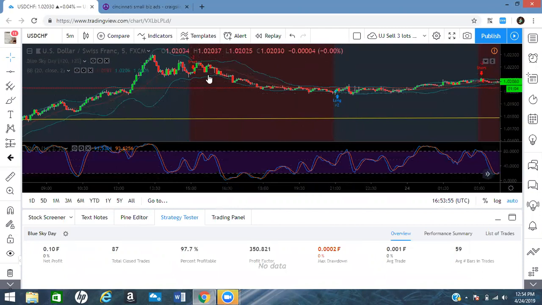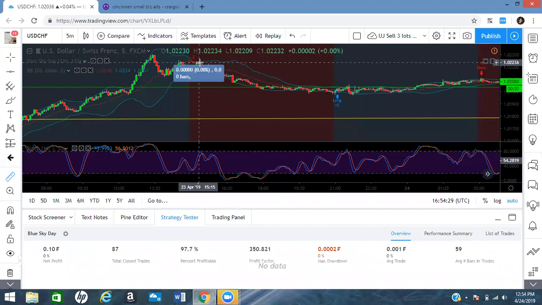Okay, just because it says short here doesn't mean I'm going to take it right there, because I do see on the stochastic it's looking to continue an uptrend, and I'm seeing green candles forming here. So what I'd like to do is wait for those green candles to end, and then on the first red candle that has some volume to it, I'm going to go ahead and place a sell here in continuation with that red candle. And I also see a stochastic crossover here to the downside. I'm going to go ahead and place my sell there for an optimal entry and the optimal range of pips here,